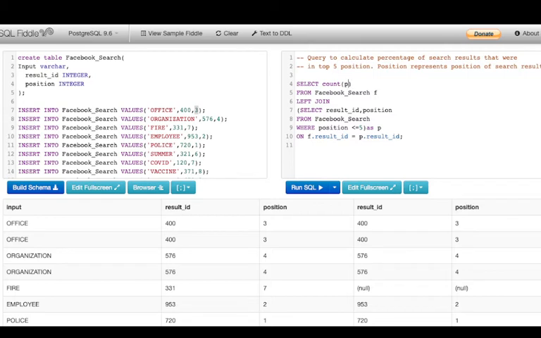I am going to divide the count of result ID from my original table with the count of result ID from my subquery table. Just a second, we don't need this bracket here, it will come after this, right?